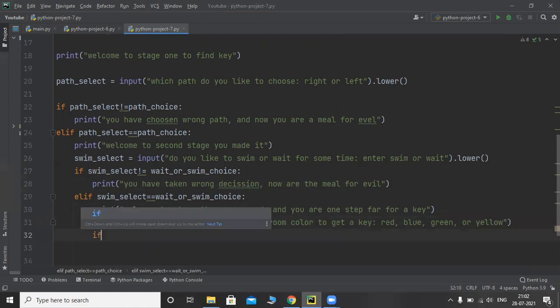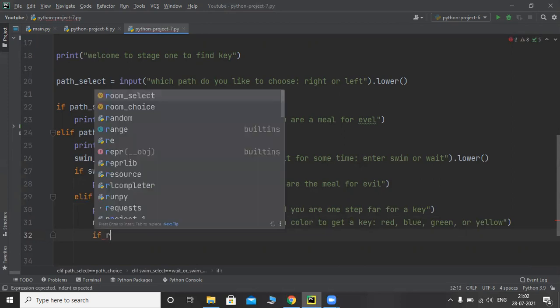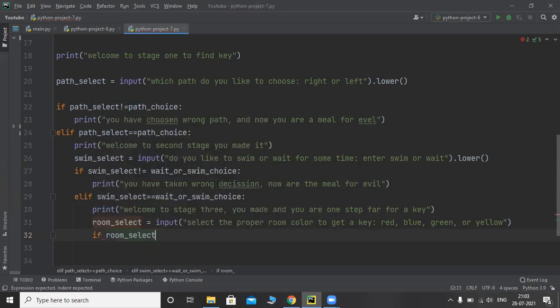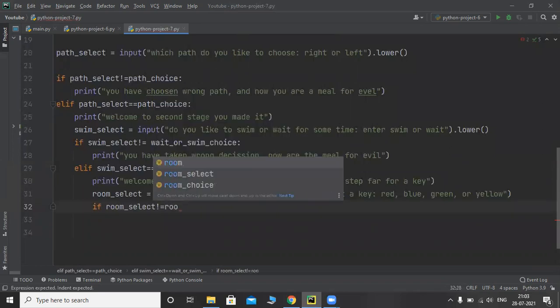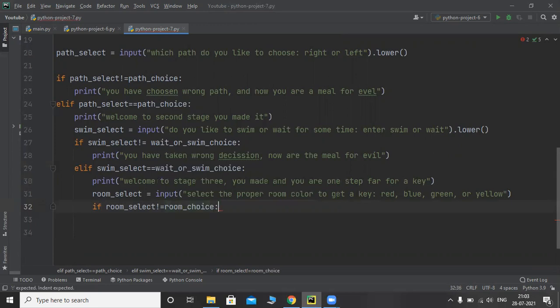Again, one more if condition. If room_select is not equal to room_choice, print you had selected the wrong room, now you will become the evil.